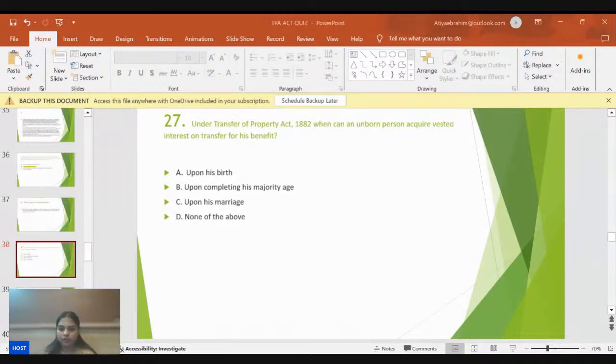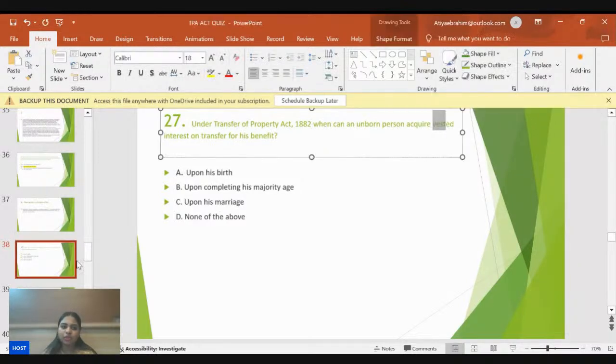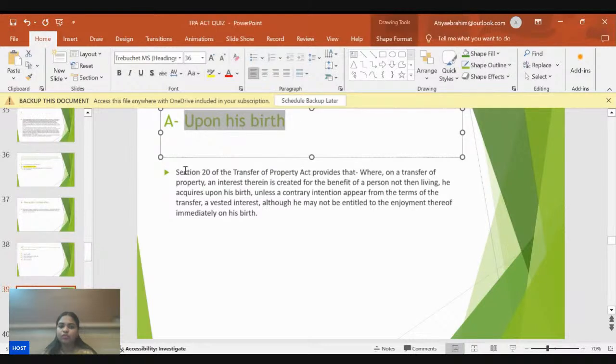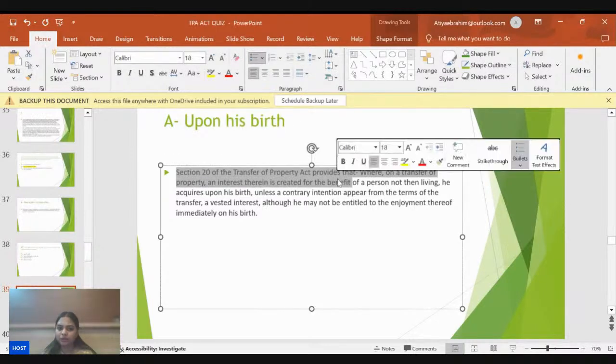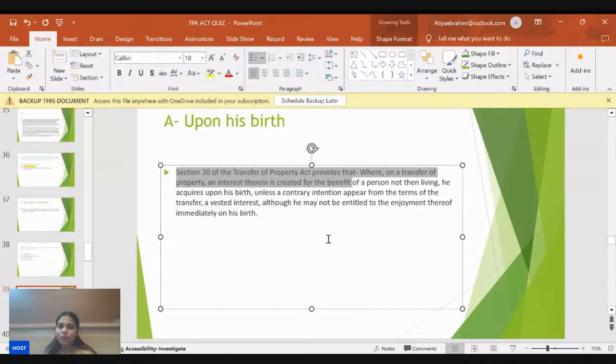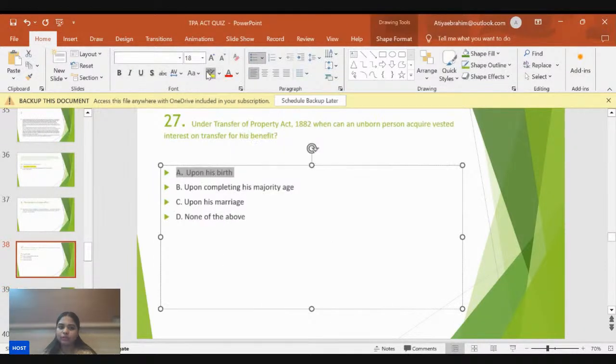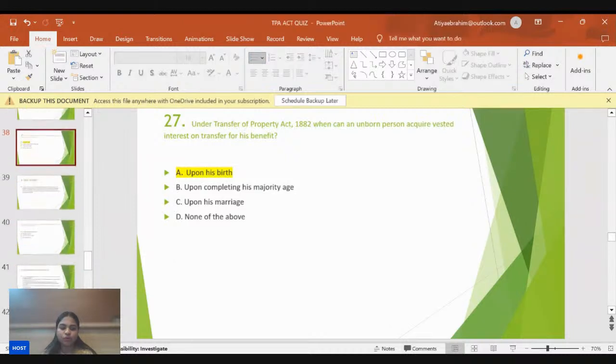Durva says A. So I have received the first answer. The correct answer is A. Even if he gets the position later, the vested interest arises on his birth, right? So the correct answer is upon his birth. If you see section 20 of the TP Act, you will find that he acquires the vested interest upon his birth. So correct, Durva, the correct answer is 27A. Moving forward,